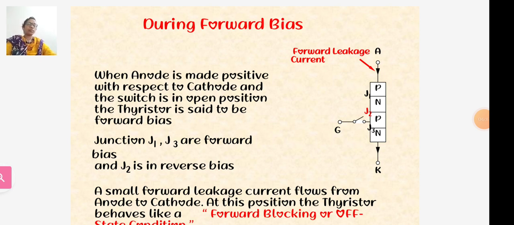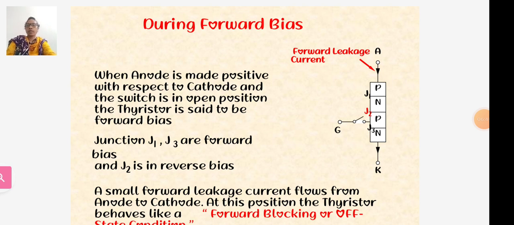At that time, the current will flow through J1, J2 and J3. That current is called the forward anode current. When the current is flowing through J1, J2, J3, the SCR is said to be in the on state or conducting state. So here, when the anode is made positive with respect to the cathode and the switch